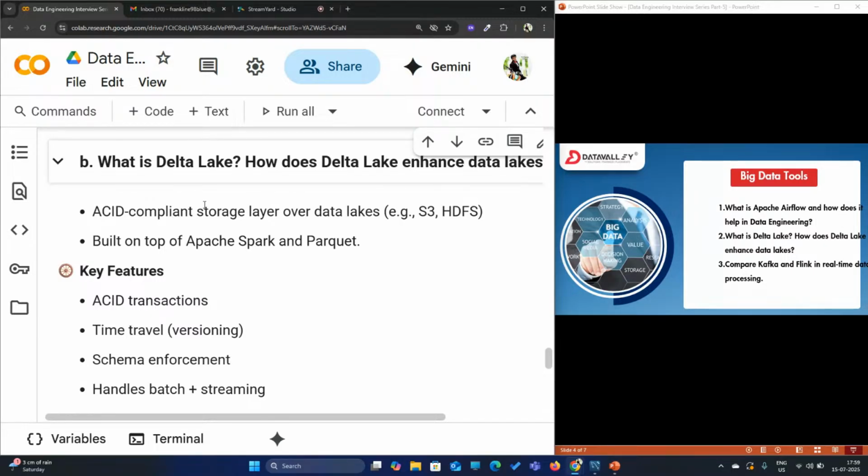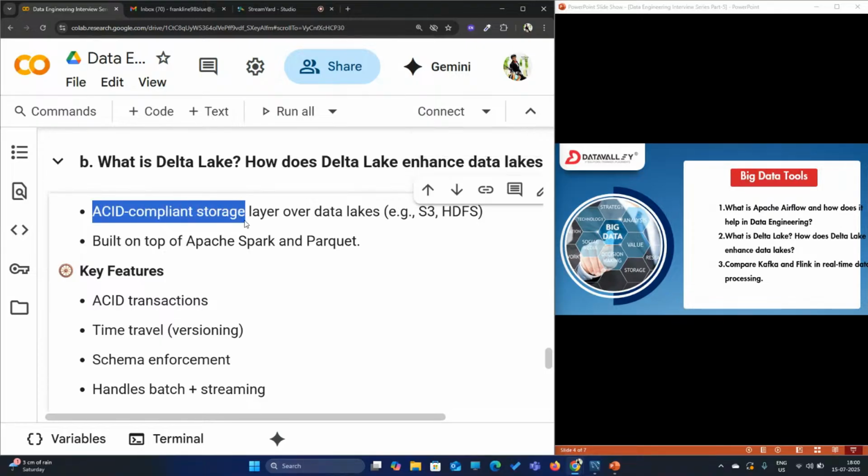Do not confuse data lake and Delta Lake. In a data lake, you have multiple varieties of data, with or without structure, or semi-structured. On top of these, you're going to have a delta table. So Delta Lake is where you have an ACID compliant storage layer on top of your data lake. Okay, in simple terms,